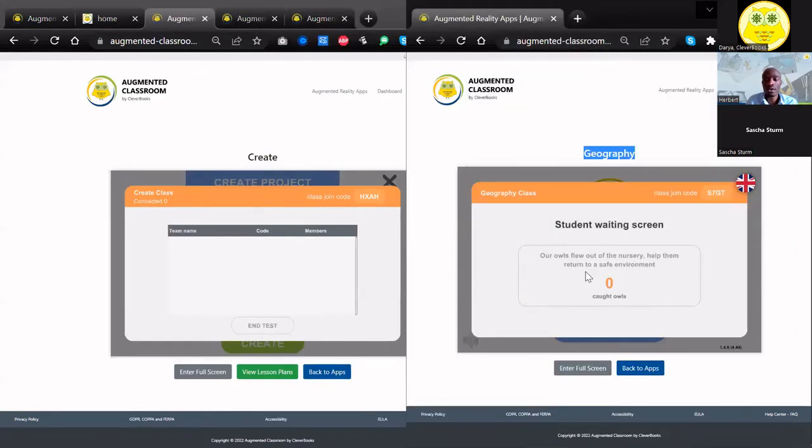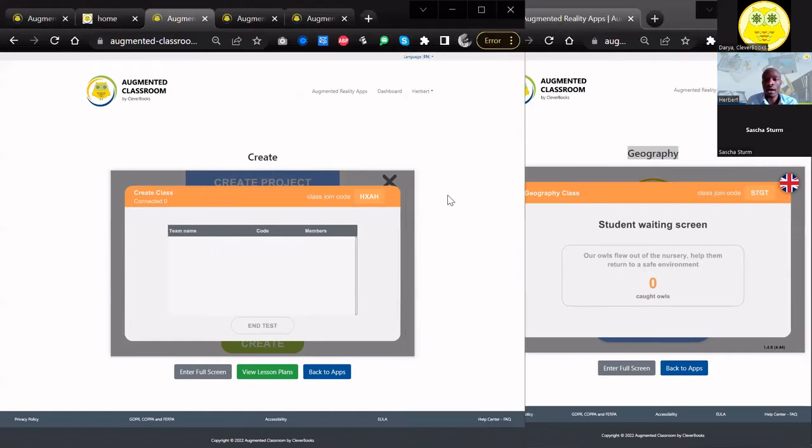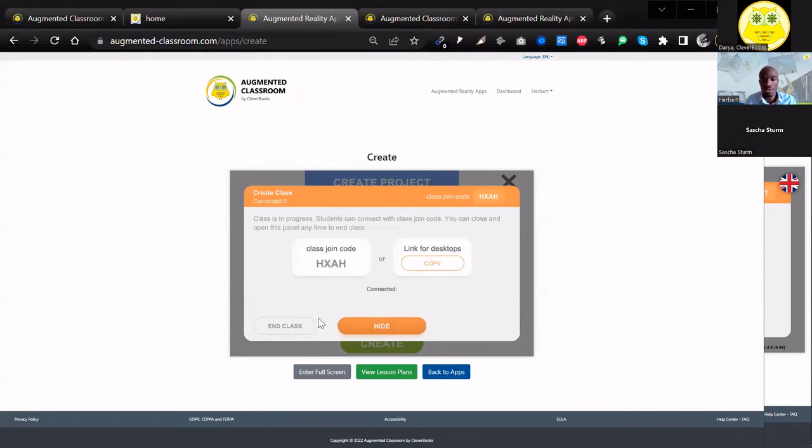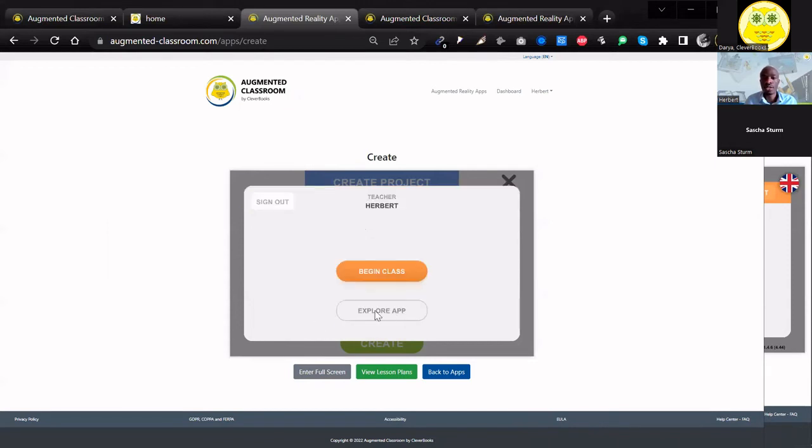On the student's screen here, if this was ARC Create, they'll have it loaded just the same, and then here it will break them down into teams of threes or fours, and then you can tell them what you want them to do. Typical topics could be how did the ancient civilizations use rivers to protect themselves against invaders, or things like that. So you can have them build scenarios to explain concepts that you may even be teaching from the book and things like that.